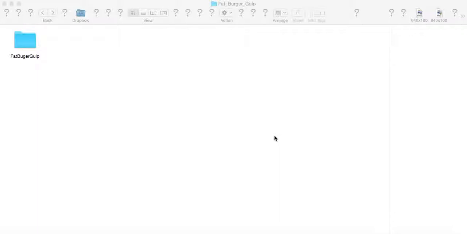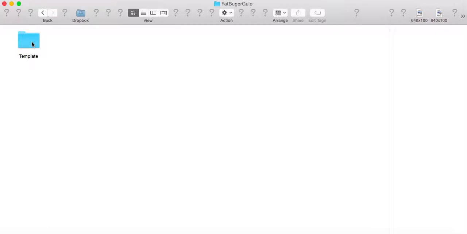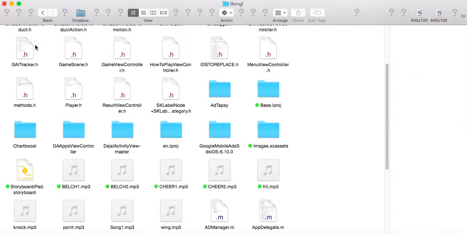For Fat Burger Gulp, a cool iPhone, iPad game with universal code, here's a little tutorial. Hopefully it can help you out so you don't have to waste so much time figuring out where everything is to change. All right. So here is